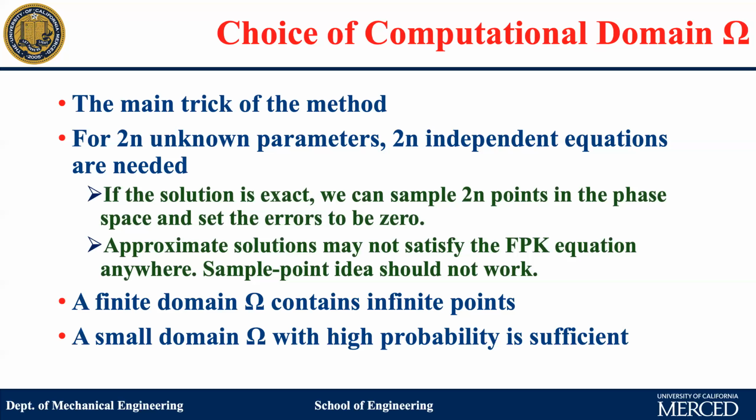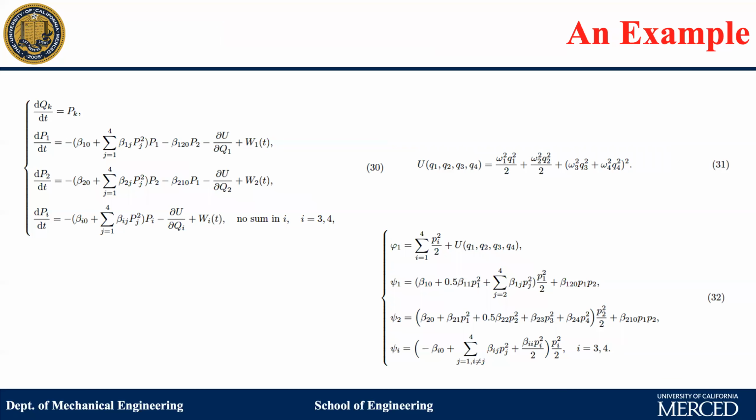So what we end up doing is that we just use a -1 to 1 hypercubic domain. It's always integration from -1 to 1. It turns out to be more than sufficient for most of the problems we tested. So this choice of domain really makes the whole method extremely efficient. So let me just show you an example here.